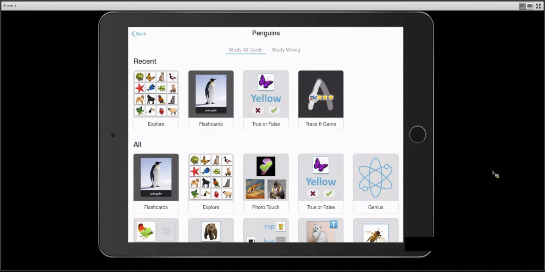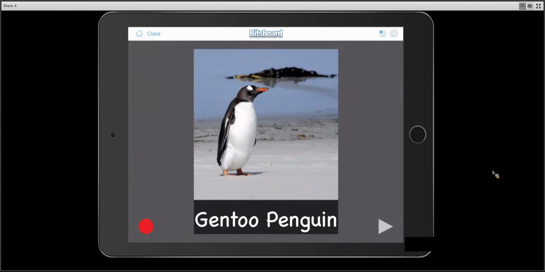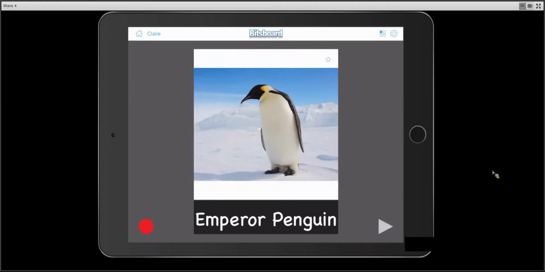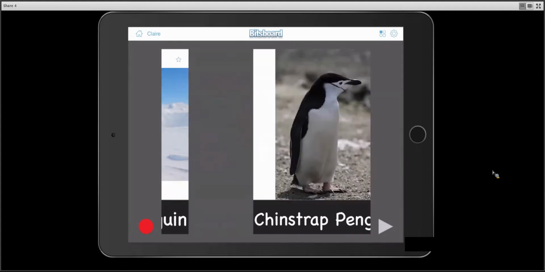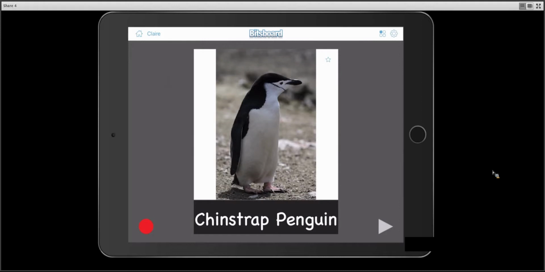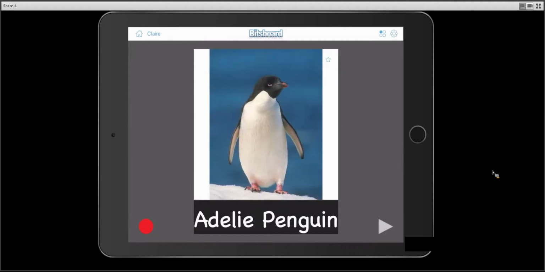I'm going to tap on the one that says flashcards now, and you'll see it will show me one image at a time. Gentoo Penguin. So we could just go through and swipe and see all of the different images that are on there. Emperor Penguin. Chinstrap Penguin. Adelie Penguin. You'll see on the bottom left hand side that there is a red button that allows you